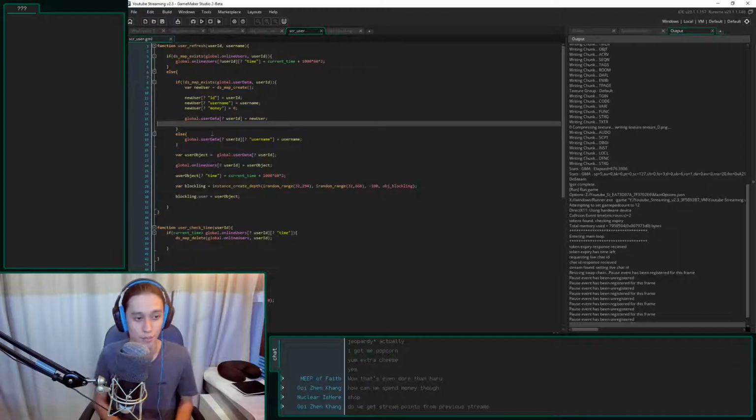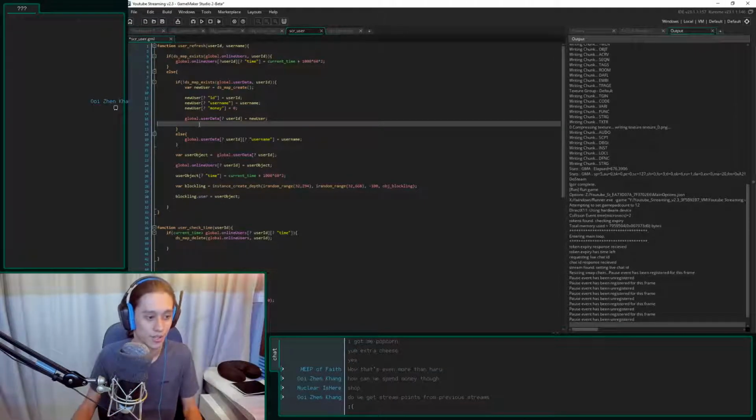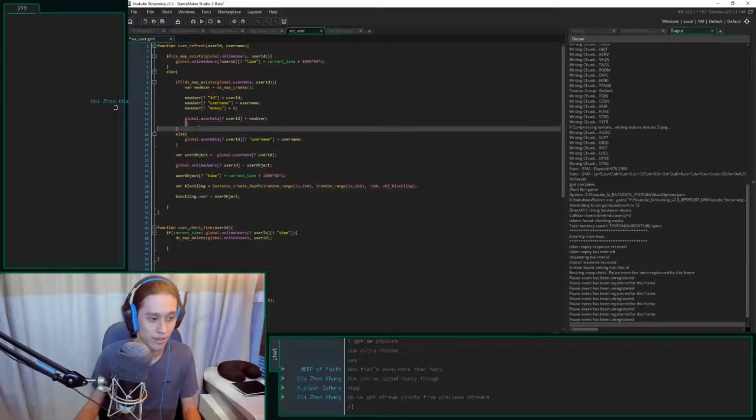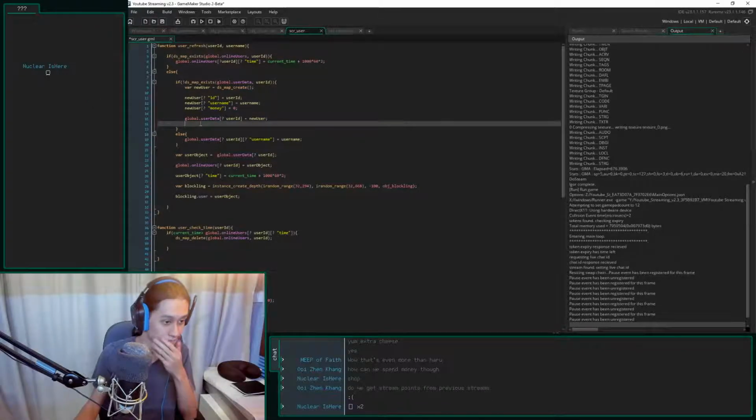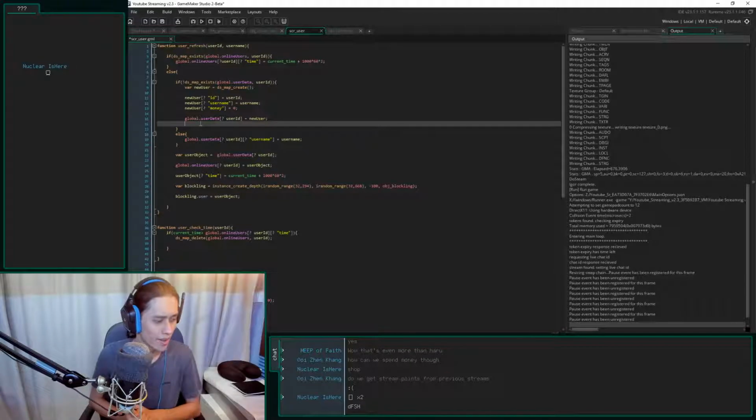This is kind of like the XP system that we introduced in Discord, where it just became an estimate. I couldn't backtrack and backlog everything. That's not possible. It is a little bit sad.